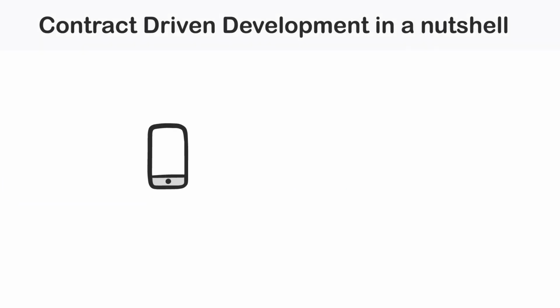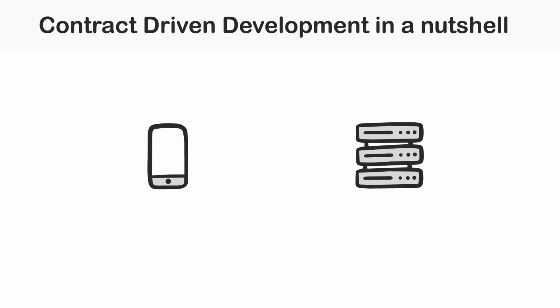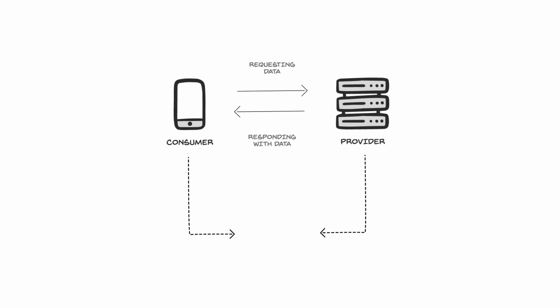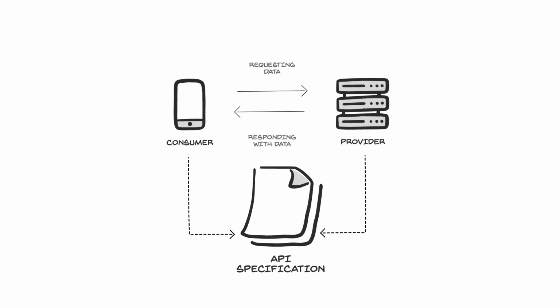Let's say we have a mobile app which is dependent on a server. The mobile app requesting data is called the consumer. The server which responds with data is called the provider. Using an API-first approach, the consumer and provider will agree on the contract between them and capture that in an